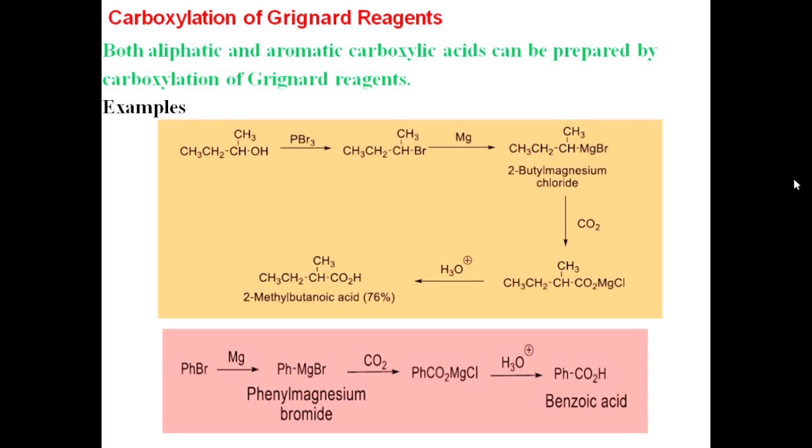Now, if you see another example of carboxylation of Grignard reagent, both aliphatic and aromatic carboxylic acids can be prepared by carboxylation of Grignard reagent. So, this reaction is a general reaction where aliphatic as well as aromatic carboxylic acids can be prepared from corresponding Grignard reagents, which in turn can be prepared from the corresponding alkyl halides. These alkyl halides can be prepared from the corresponding alcohol. So, the first example where alcohol